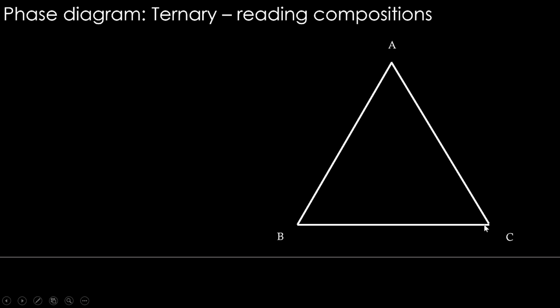Then what do the edges mean? This edge here is the BC edge, meaning this is representing only binary compositions between B and C, and the amount of A along this line is 0. Okay, you can see here, this is an AC line where the amount of B is 0. So the edges are binary compositions. Any point within this triangle is going to have a combination of all the three elements in different ratios. So that's what this ternary composition space is.